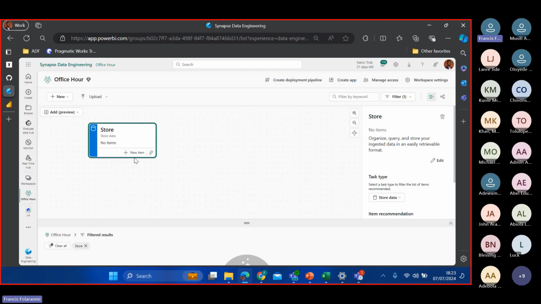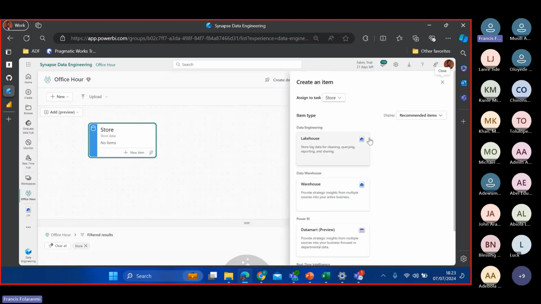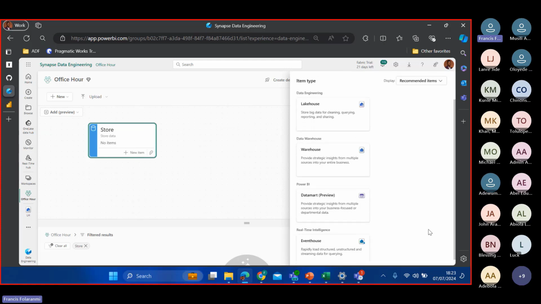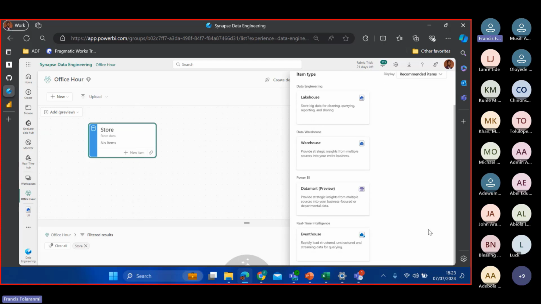So you can either create a new asset and attach it to this task, or you can attach an existing one. To create a new one, you can click on new item, and then recommended, you can either create a lakehouse, a warehouse, or a data mart. So these are the assets within your Fabric environment that can store data. But in our case now, we are using a lakehouse.